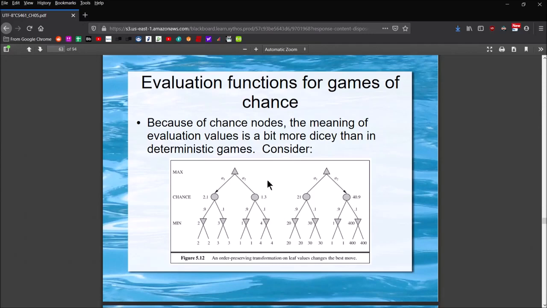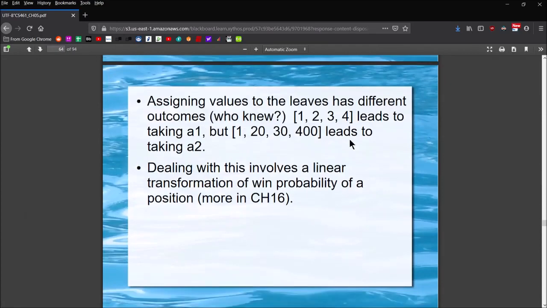Max is going to make that choice based off of the expected value as outlined by the chance node, and that chance node's expected value is derived based off of the chance of Min rolling 90% or 10% to get to the 20 or the 30 valued state. So that sounds a lot more complex than it actually is. Hopefully I didn't lose you too hard in that description. Hopefully I made it clear enough. If not, give me a holler, let me know, and I'll be happy to go over it with you again.